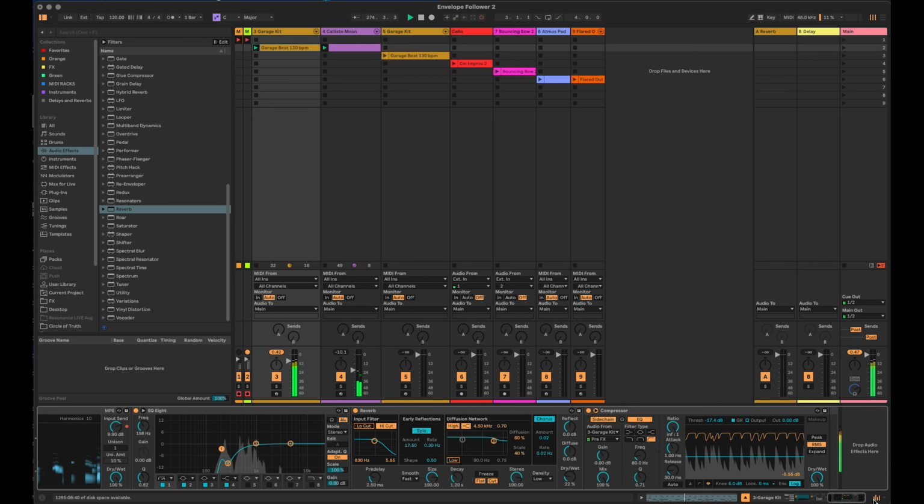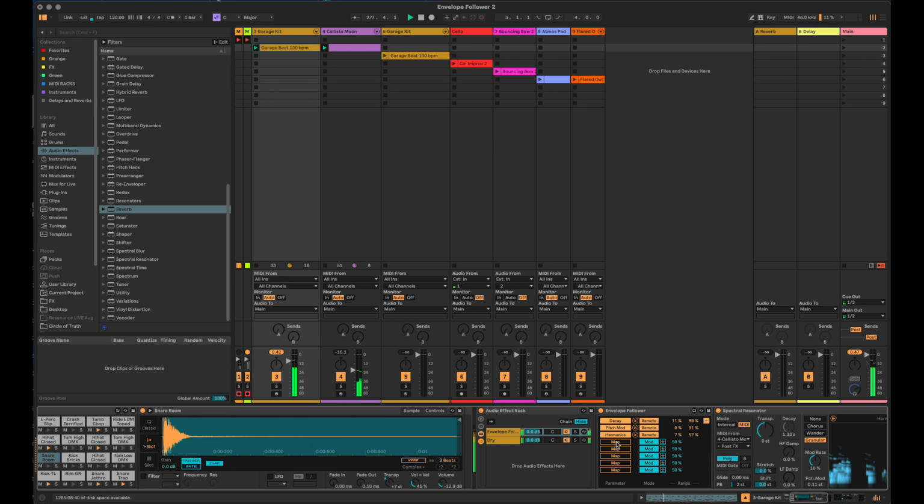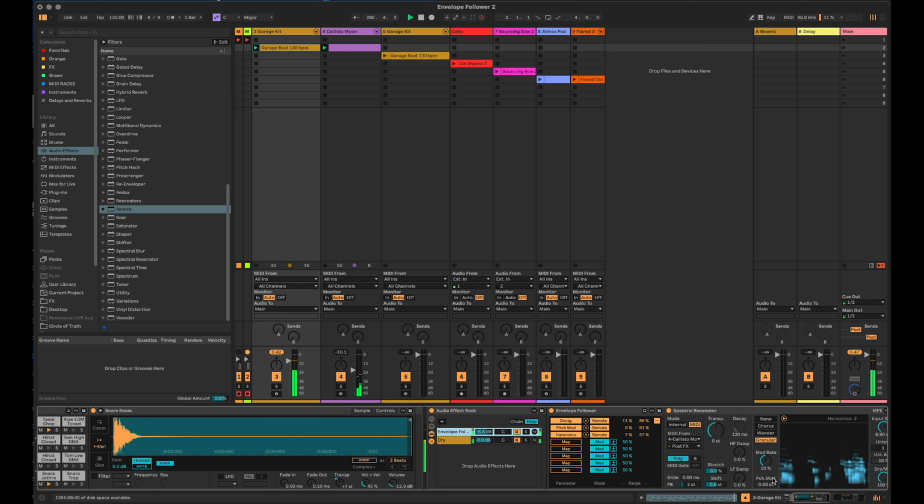Lovely. Okay, so there you go. That is maybe a bit too much now. Bring it down a bit. So that is idea number one: controlling some grains to create